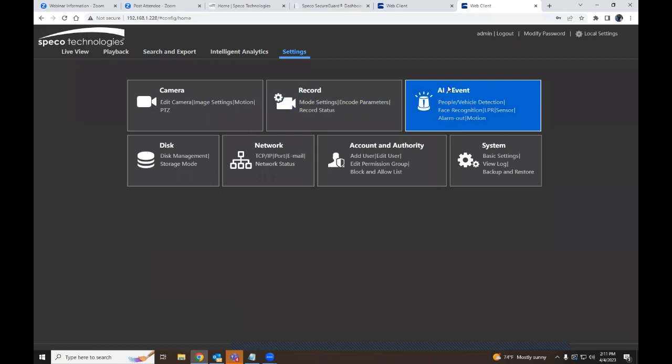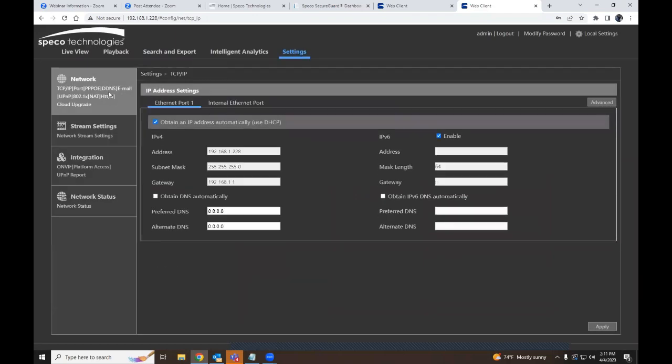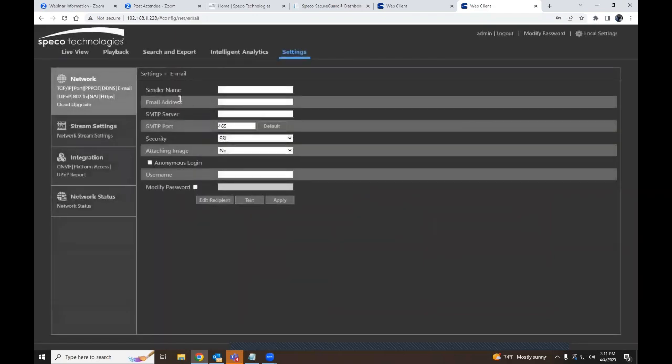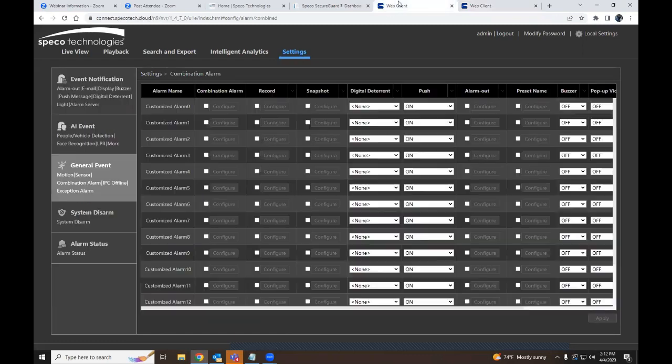So what we're going to do here is we're going to go into system. Actually, we're going to go in the network. We're going to go into email. So for your email notifications to work, if you're trying to set those up to your own service department, you will need to fill out this SMTP server information. Okay, now this comes into play. You can have your own, or Speco, we have another way that if you're using our dashboard, something